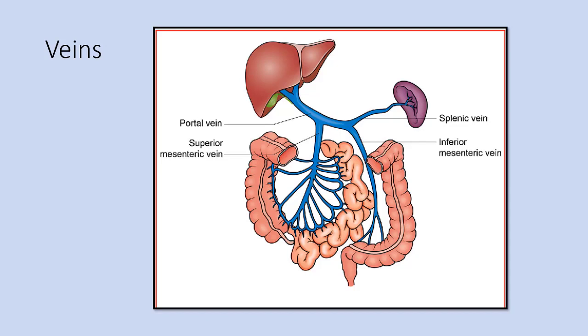Let us look at veins. This is superior mesenteric vein. The corresponding branches of the arteries drain into corresponding veins. It is formed by right colic vein, ileocolic vein, middle colic vein, like that. All these veins form superior mesenteric vein. Left colic vein, superior rectal vein, and sigmoidal veins form inferior mesenteric vein. Inferior mesenteric vein joins with splenic vein. Splenic vein and superior mesenteric vein join together to form portal vein. This is behind the neck of the pancreas.